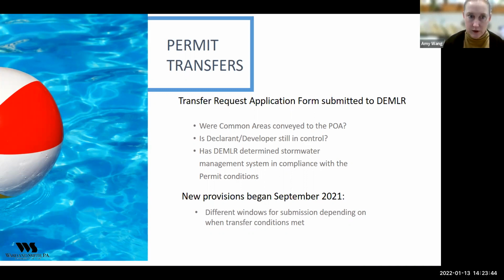If those events occurred prior to July 1st, then there are 180 days to request the transfer of the permit. We have yet to see what the agency is going to do when and if they know about the occurrence being met and the request hasn't gone in. But right now, these are the terms in the session law.